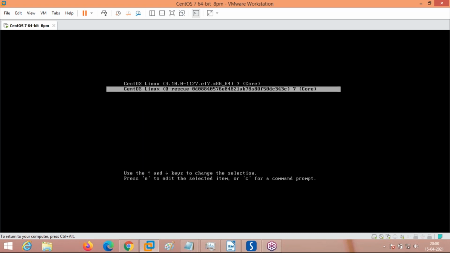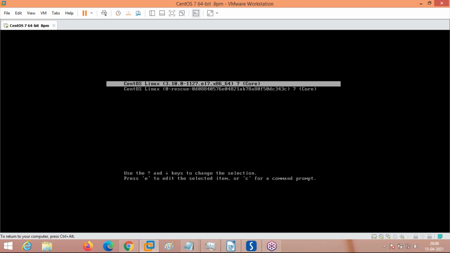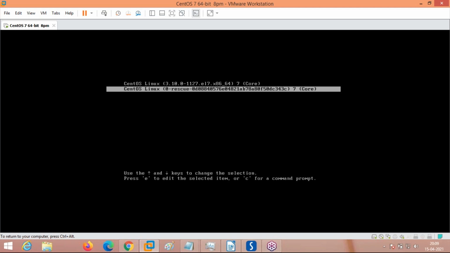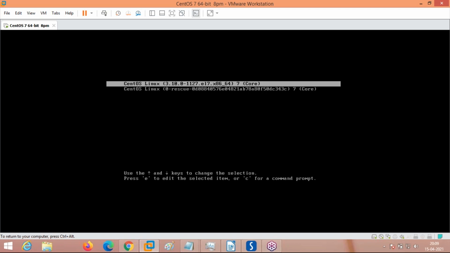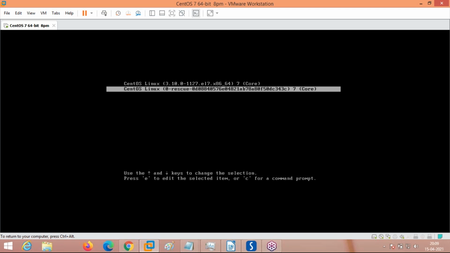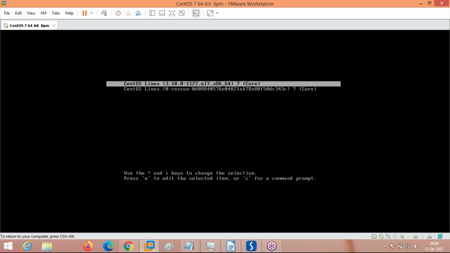So it is showing two kernels here. I told you there will be two kernels by default. The first kernel, which has been selected here, is the normal kernel where the operating system boots. The second is called the rescue kernel. In case there is an operating system crash and you are not able to access the original kernel, which is the top one, then you have to go to the second option and select. But now everything is fine, so I am selecting the first option, which is Linux CentOS.